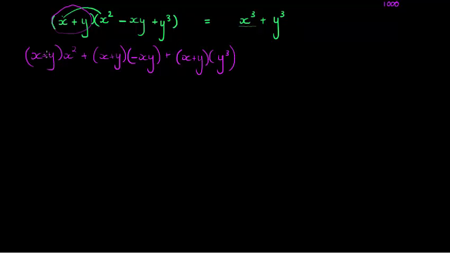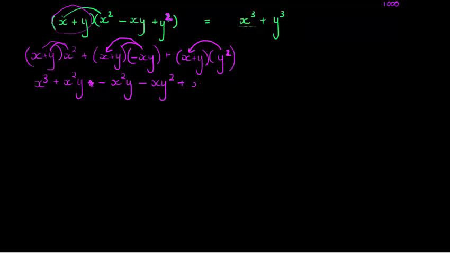And now I distribute back, okay, from the back. So I get x cubed plus x squared y plus, now I multiply this in, which actually makes that one a negative, because I'm multiplying with a negative, negative x squared y, and then negative xy squared, and then this last one positive, and sorry, this is not cubed, that's to be squared, sorry about that. Y times y squared should give me that y cubed, so this should be a square. I do apologize. Okay, so when this y multiplies there, I get xy squared plus,